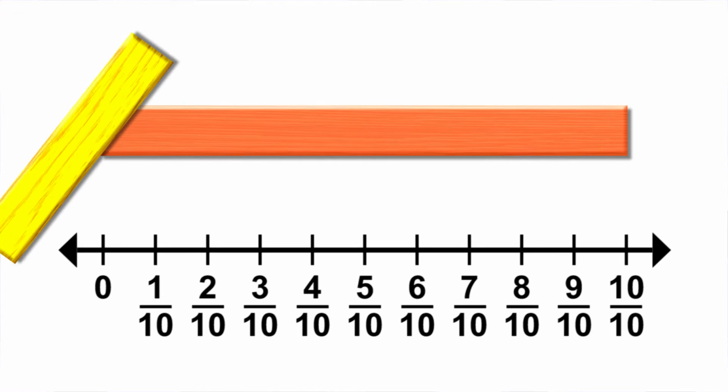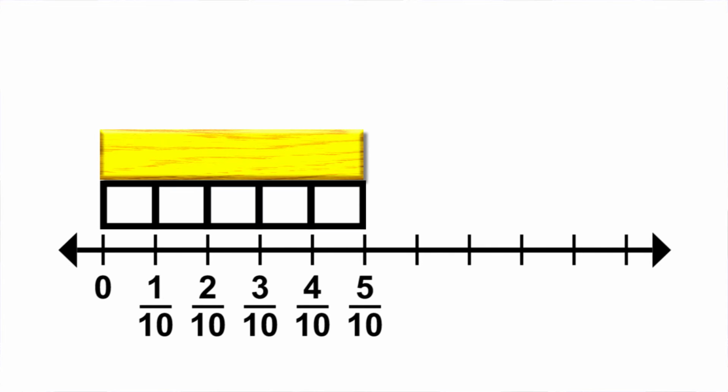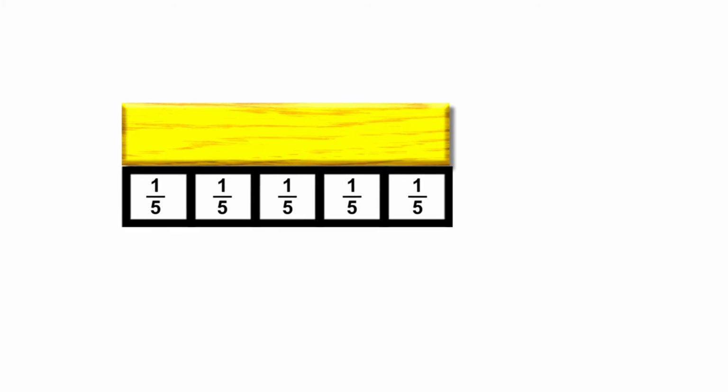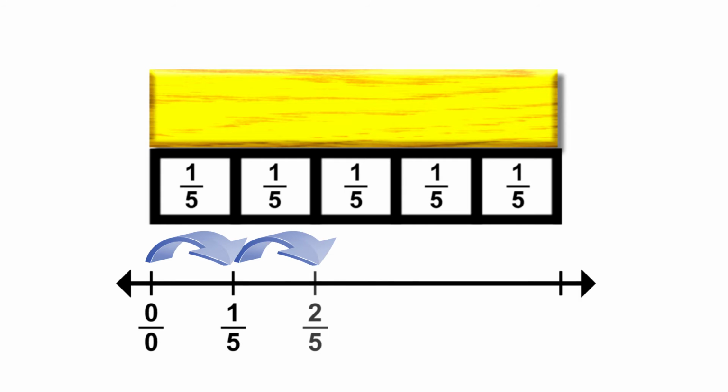Now let's use the yellow rod as the whole. How many units does it take to make the whole? It looks like it takes 5 unit cubes, so there are 5 1/5 units to make the whole. How would we represent 3/5? This would be 1/5, 2/5, and 3/5. 3 being the numerator, or number of units counted, and the denominator means how many times the whole is shared